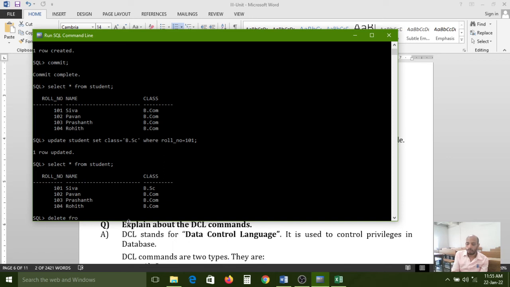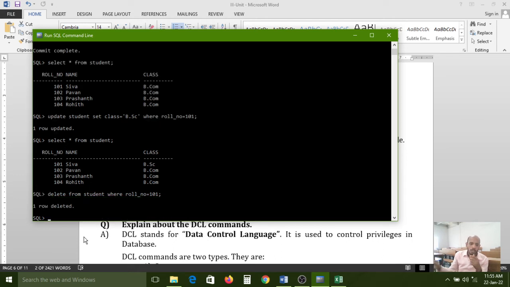Delete from student where which record? 101. Where roll underscore number equal to 101. So one row deleted. So like that, in these 4 records, the first record I have deleted by using the delete command. So like that we can delete a single record.